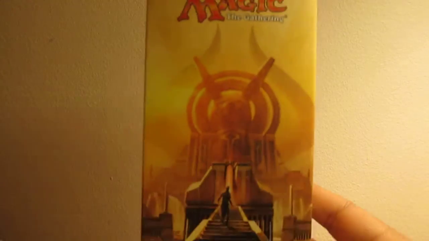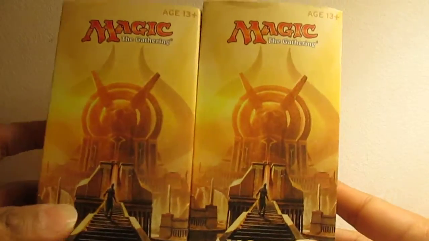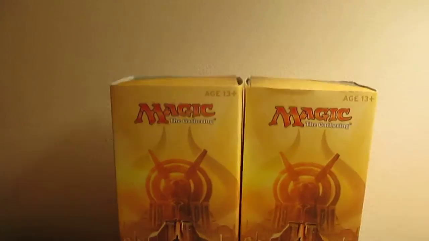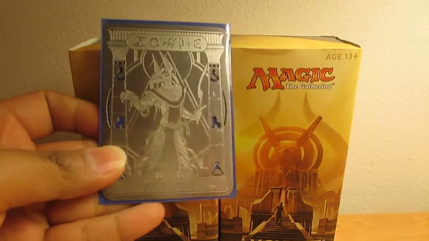Figured I'd do an upload video for all the stuff I pulled during my pre-release over the weekend. I went to pre-release for Amonkhet, and I was able to go on Friday and on Sunday. So I got two kits. Besides the two kits, I was able to get two of these metallic zombie tokens, which I think are pretty